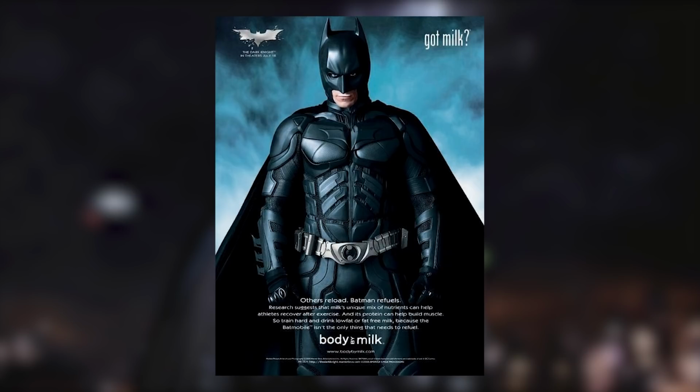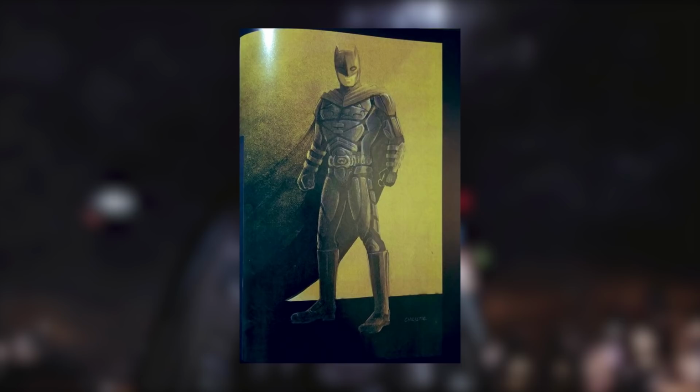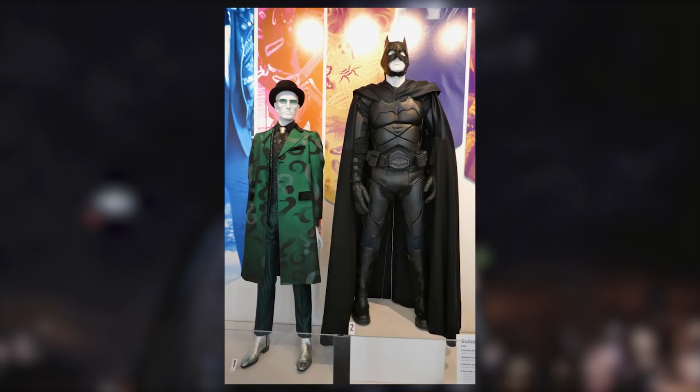We can't really tell much from the colors here on this concept art, because it does appear to be a photo of a painting, and it might not be lit the best, and even then it's supposed to be in a very sort of yellow, hopeful lighting. I'm still just not a fan of this design because I don't like the very, very busy armor look. The armor obviously has a lot more depth to it than on the final design, which looks like if you took this concept art and sent it off to someone at AliExpress and they sent it back to you for £30. But even then, I'm just not that big on